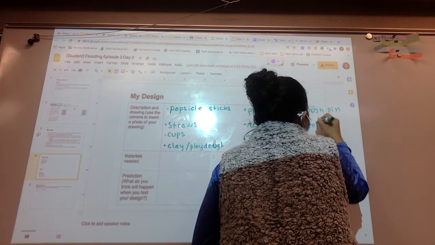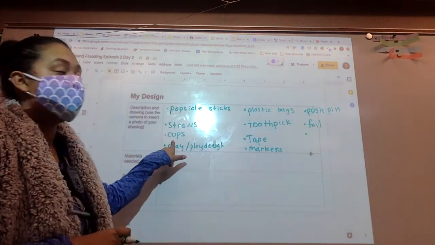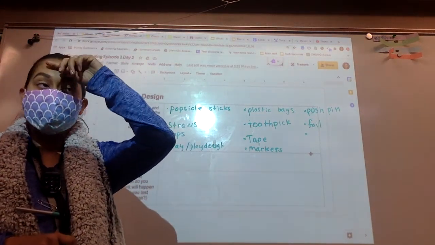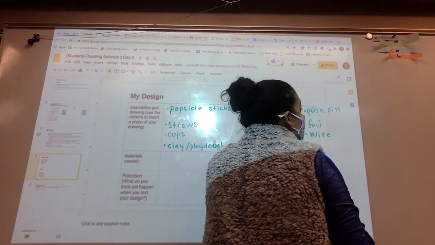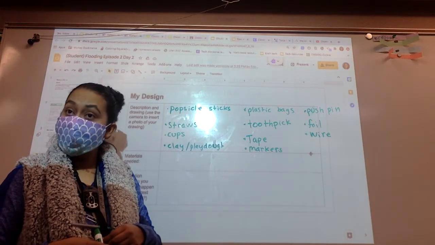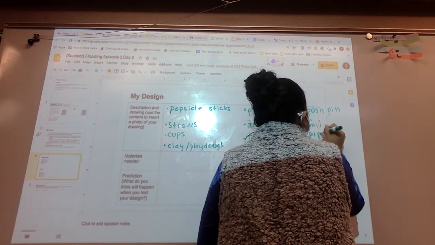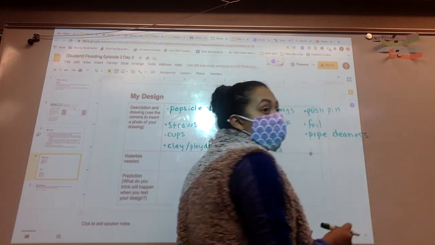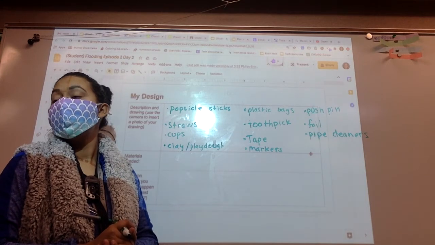Foil. Merly. Plastic cups. I put cups up here. Cups. Okay. Okay. Bo. Wire. I don't know if I have wire, but I will. What about like pipe cleaners? Strong and bend. Pipe cleaners? Yeah, sure. Dylan? So it's gonna be with the tape and bag. Tape and a bag and